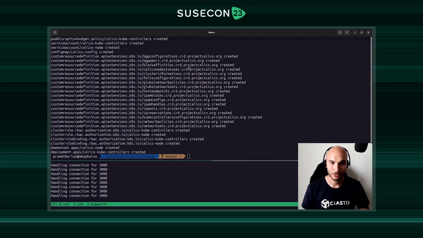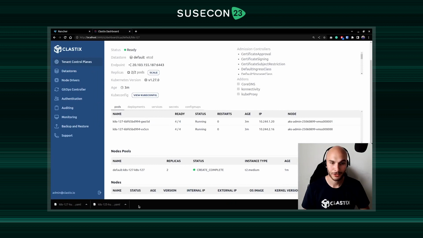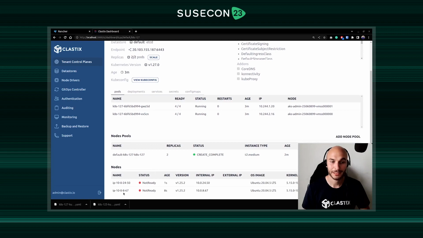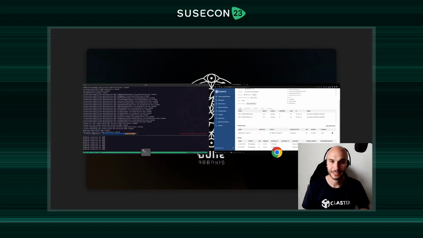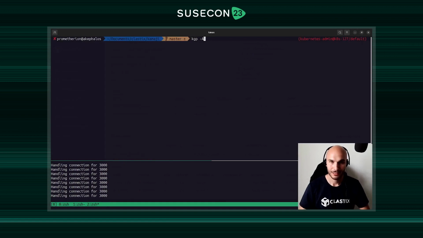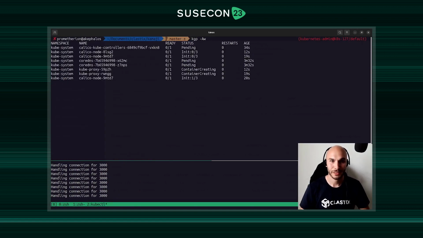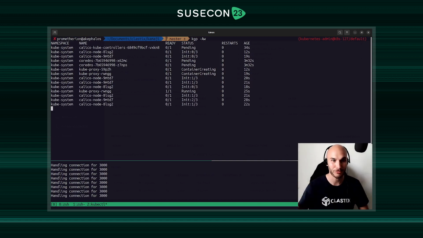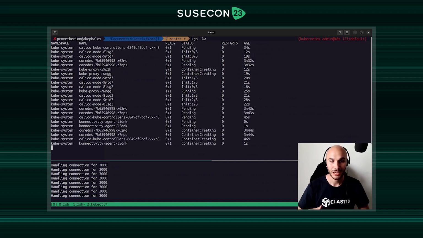And in the meanwhile, we can wait here for our nodes joining this new cluster. It took some time, but as you can see here, the nodes are joining and the CNI is going to be deployed here. And in a matter of seconds, we should be able to get our fully compliant CNCF cluster running in a mixed environment, because the control plane is managed by Rancher, but the worker nodes are brought in